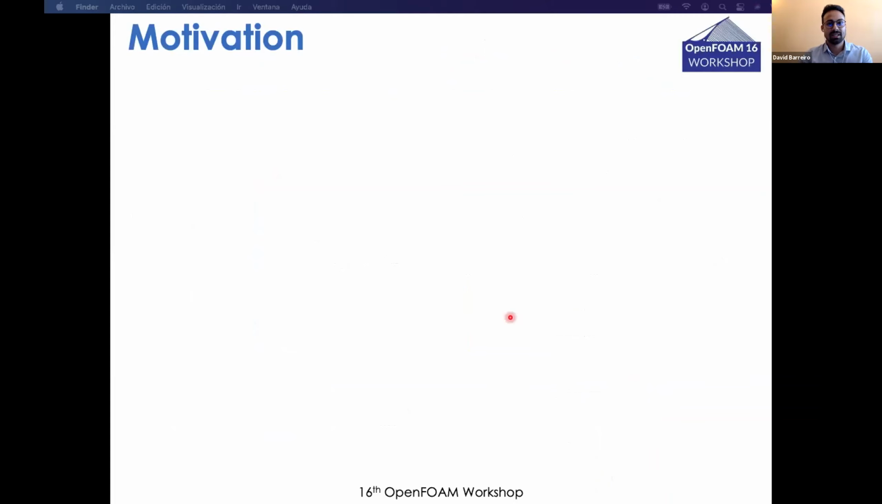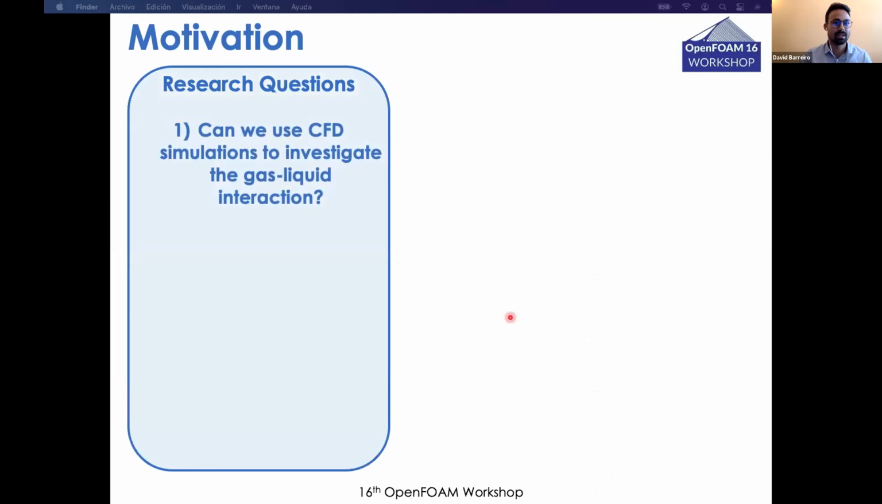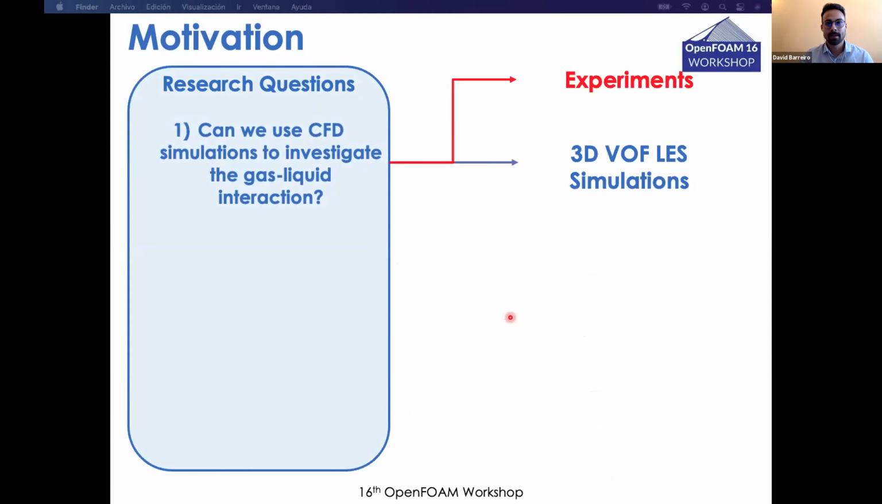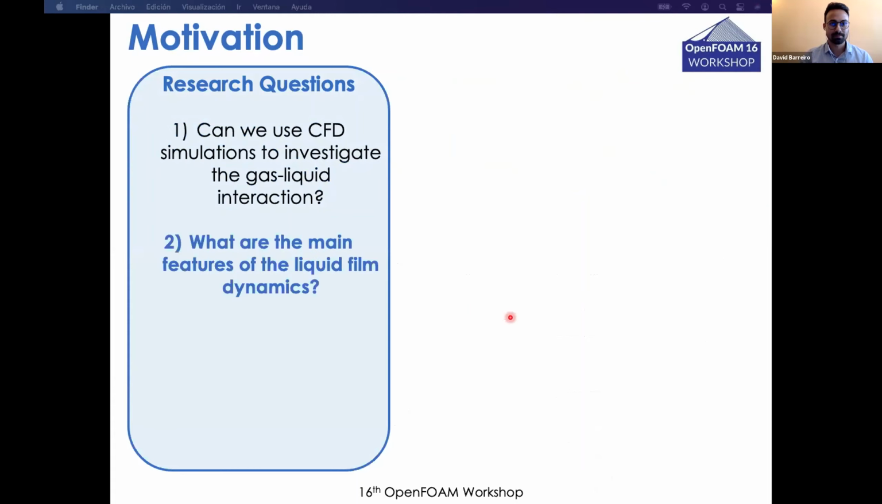So this presentation is driven by the following questions. First, can we use CFD simulations to investigate this complex problem? And to answer this, we use 3D VOF-LES simulations with OpenFOAM and experiments to validate the model. The second is we want to identify the main features of the liquid film dynamics, and to this end, we